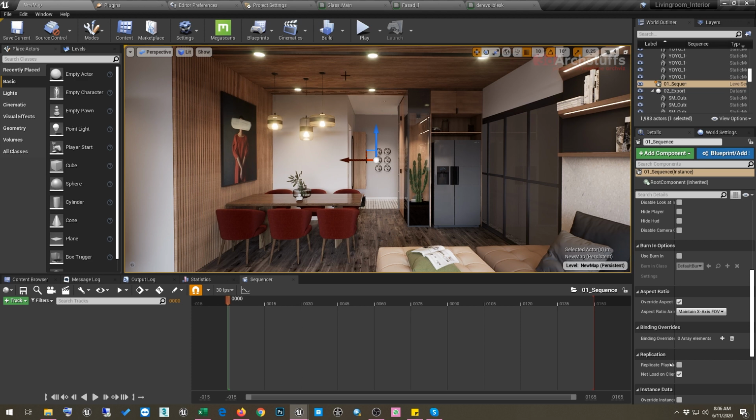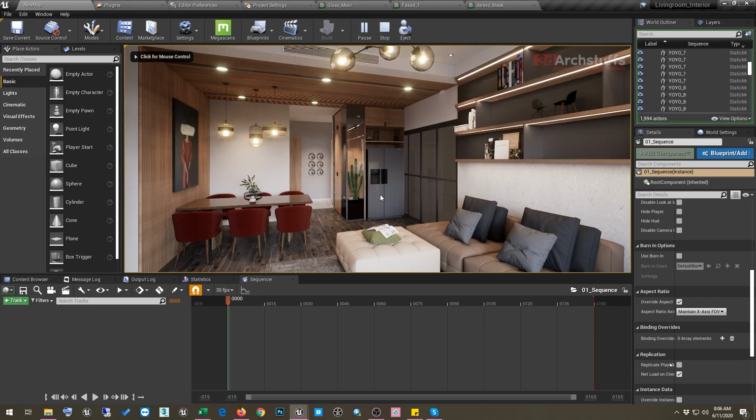So out of the box you have this hybrid ray trace scene, right? And now there will be a little bit of reflection noise in a hybrid ray trace scene, and if you want to remove this noise you will lose too much fps, so it's not advised. So if there is a little bit of noise in the reflection, I suggest you go with it and use it as it is, because you will get a better fps in the scene.